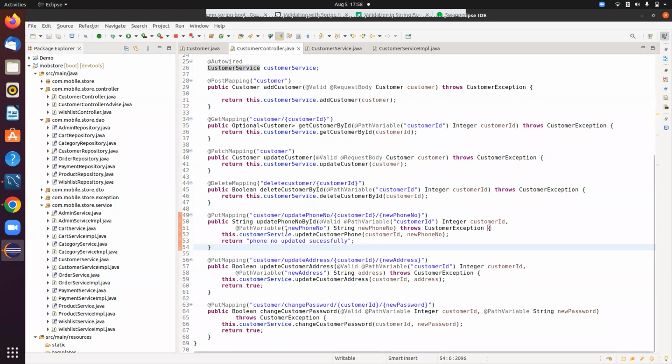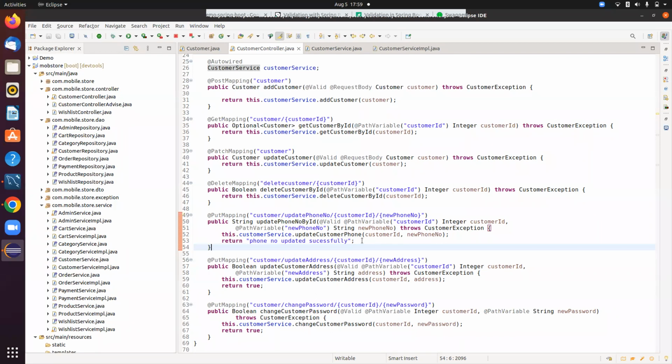No problem, Mohammed. The thing is, with the put mapping of customer you will understand that you want to update the customer. Then you are getting a customer ID and a phone number. You will take them as path variables, find that customer and update his telephone number. Correct? Yes, sir. See, you have understood the concept. That's good. Whatever the requirement may be, you have to think through the requirement and implement it.